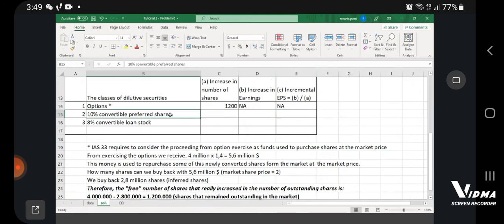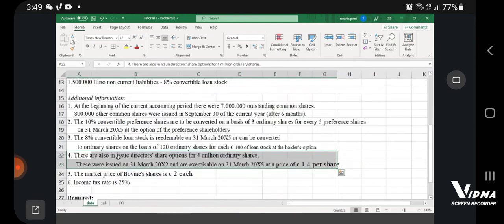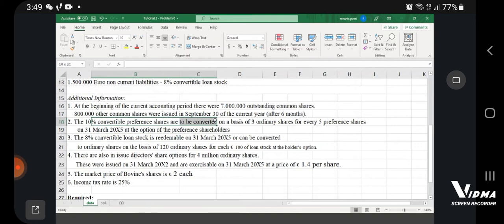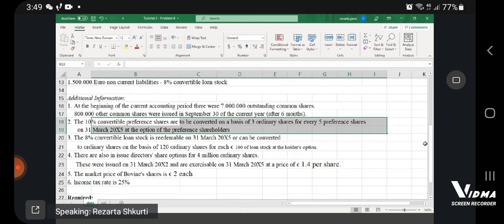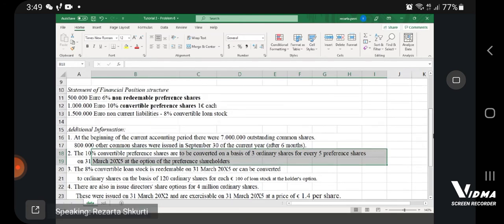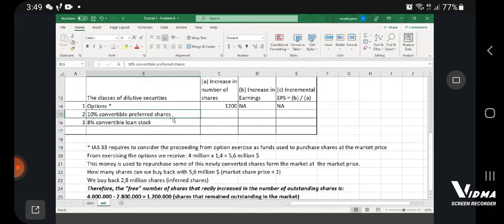What can we say about the 10% convertible preferred shares? Now you see here these 10% shares are to be converted, remember, on a basis of 3 ordinary shares for every 5 preferred shares. Good. Now these are 1 million over here, and that means that these shares, which are 1 million, will be converted